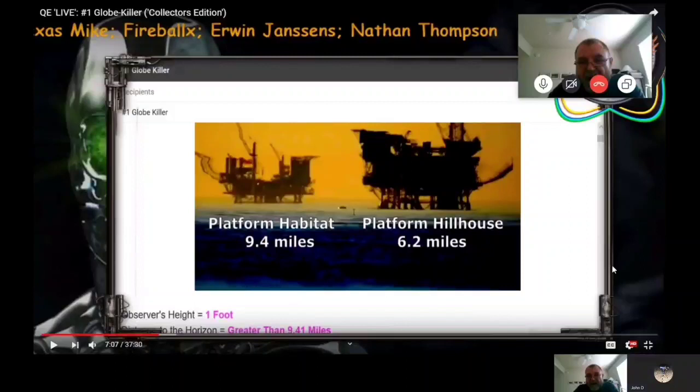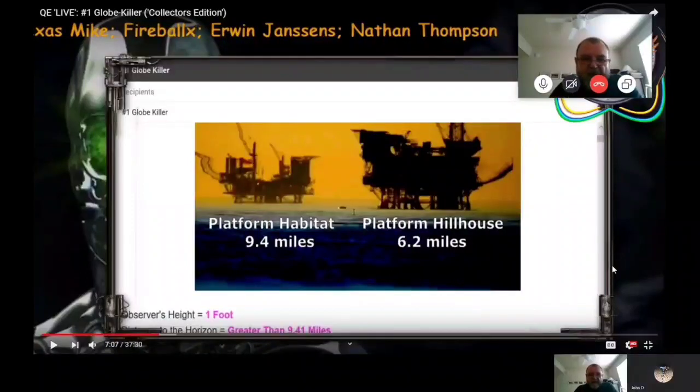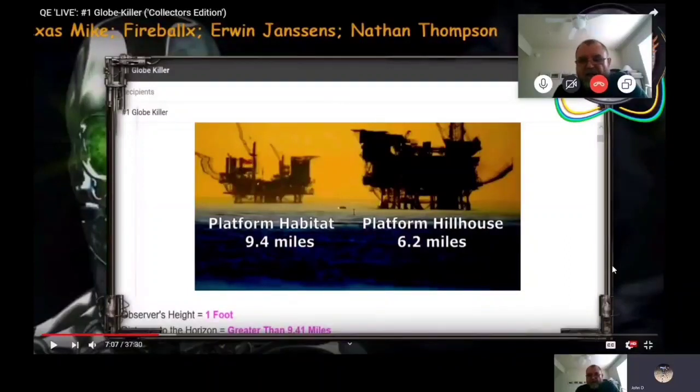Yes. So even in the definition of the horizon, they discard that and give it an actual distance from the viewer's height. Yes. Calculable, right? Yes. And in this case, it would be 1.2 miles. Exactly. It's the hard